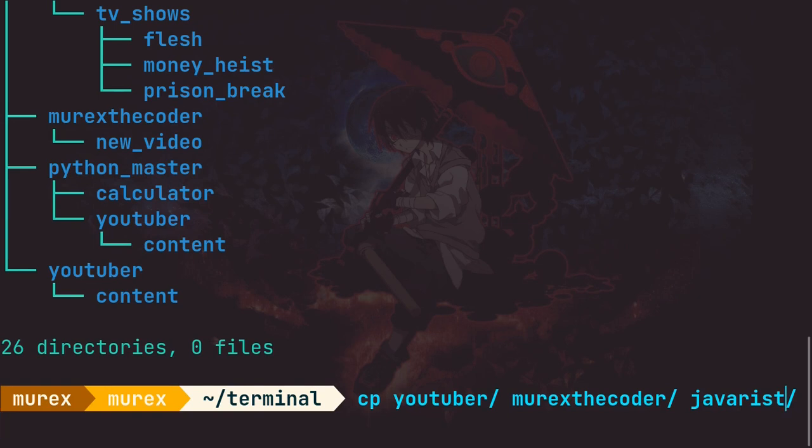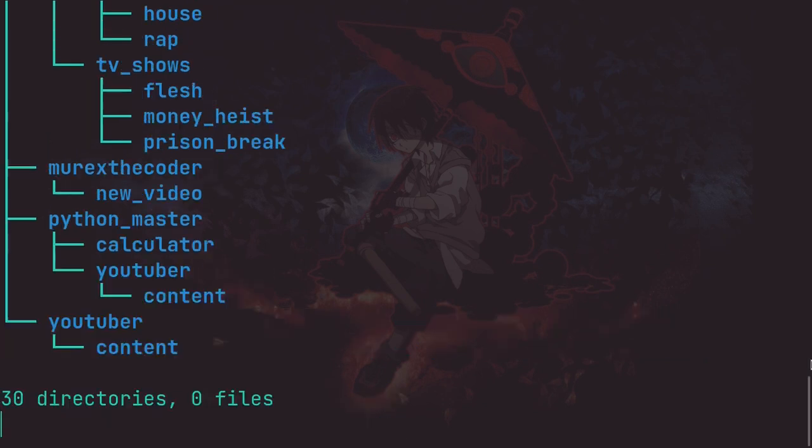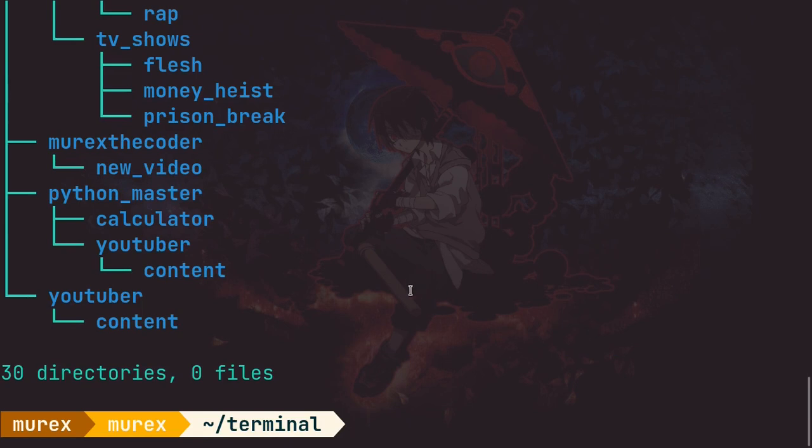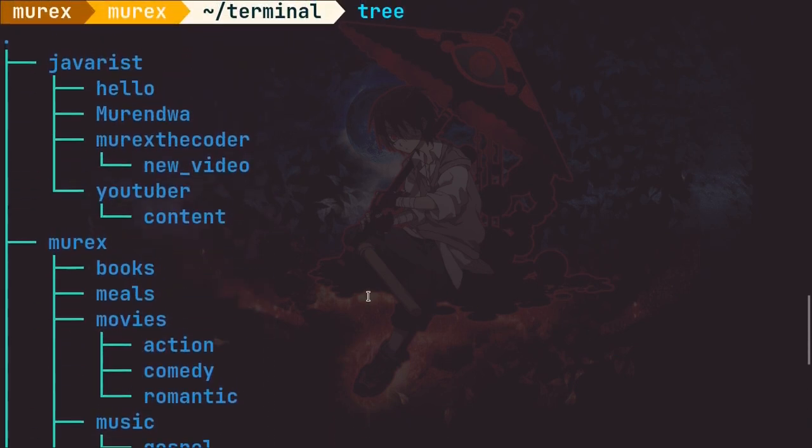And then we're going to go back there, minus R, and then we'll do that. Recursively, it's going to copy this to there. Is there anything else to be copied? No, it's done. And then it's going to move on to the next part, copy it there, and once that's done, everything is done. So I just have to run tree, and then you will see that we have copied our